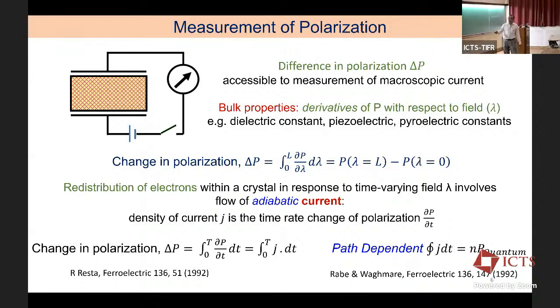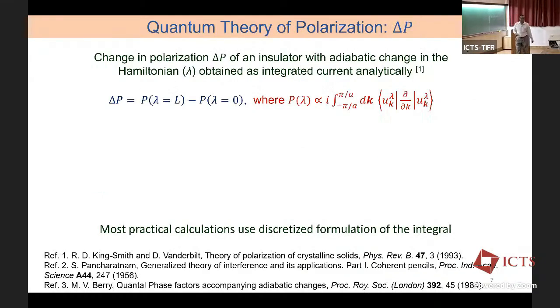We showed that actually this quantity is path dependent, meaning it depends on which path you take. If you take a loop path, you can develop what is called integer quantum polarization. This was then, of course, improved much further by David Vanderbilt and King-Smith, who showed that this change in polarization, that integral, you can do analytically and show that it's related to what is called the Berry phase